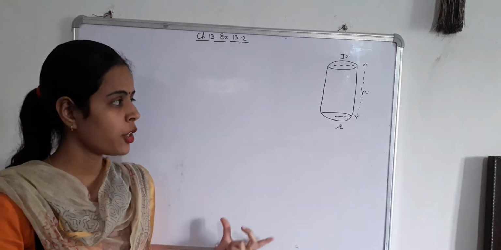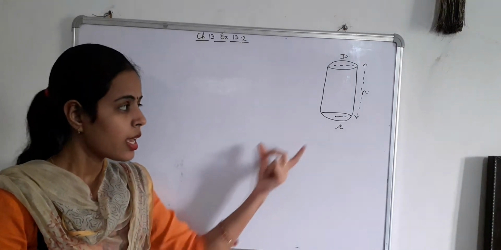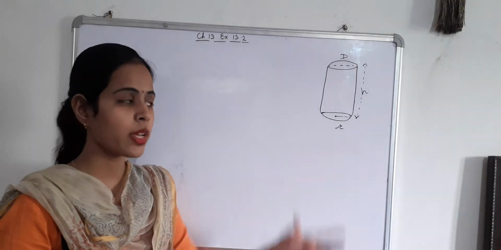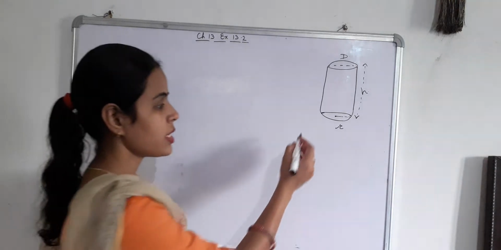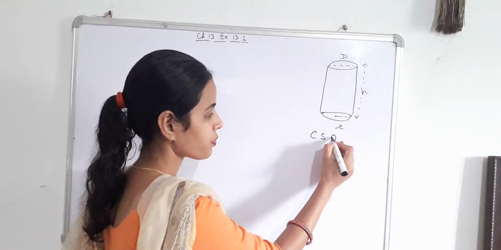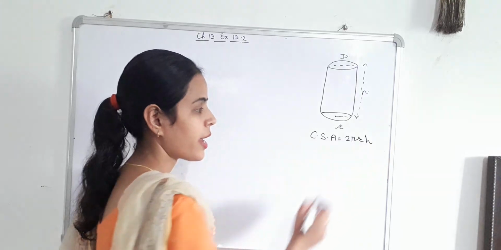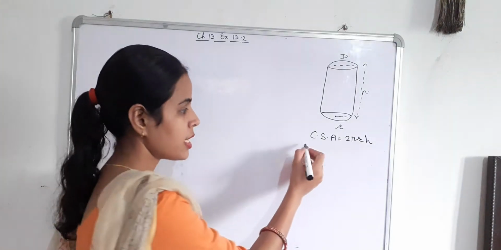In exercise 13.2, we have studied about the cylinder, the covered or lateral surface area of a cylinder, and the total surface area of a cylinder. Covered surface area of cylinder equals 2 pi r h, where r is radius and h is height. Total surface area